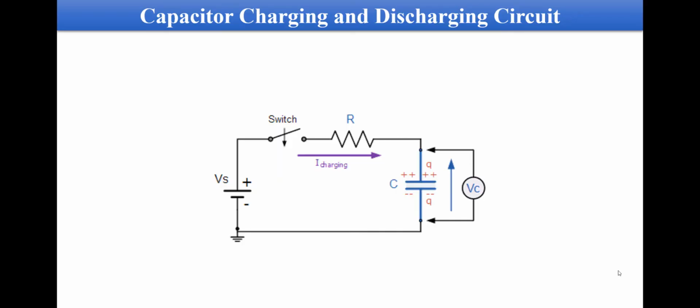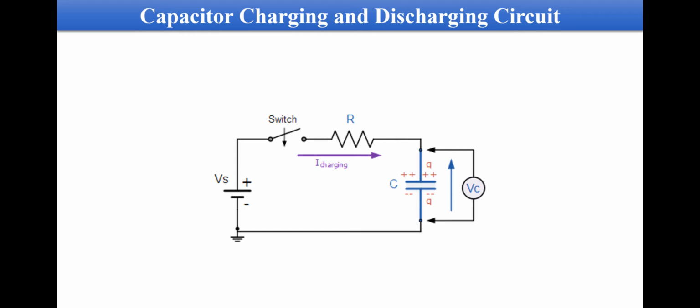Hello friends, we are going to talk about the charging and discharging of a capacitor in an RC circuit. Here is a circuit diagram which shows you how the capacitor is being charged. We have a power supply connected in series with a resistance and a capacitor. When we switch on the circuit at time t equal to 0, the charge on the capacitor is 0,